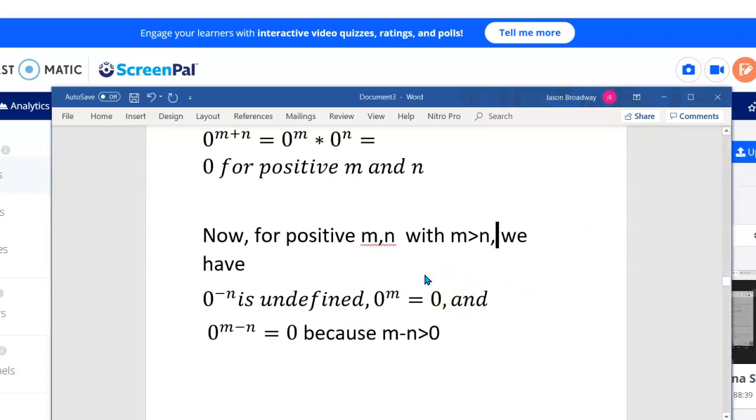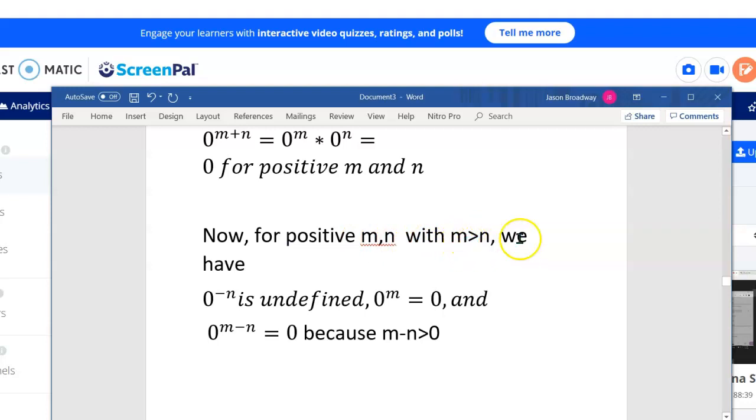now concerning the 0 case, if m and n are assumed to be positive real numbers, and not necessarily rational, just positive real, then 0 to the m plus n is 0 to the m times 0 to the n, which is 0. And 0 to the m is 0, 0 to the n is 0, which is all 0. Now again, for positive real numbers m and n, if we assume that m is the bigger thing, m